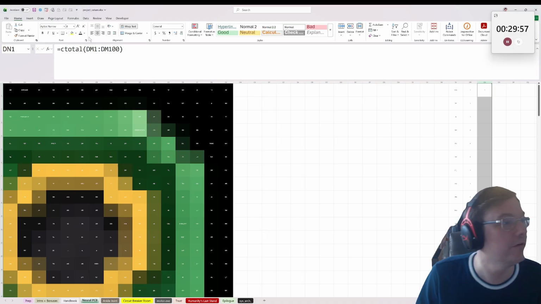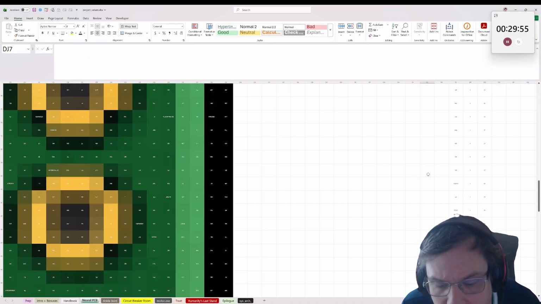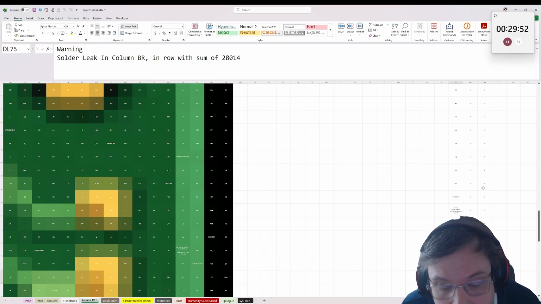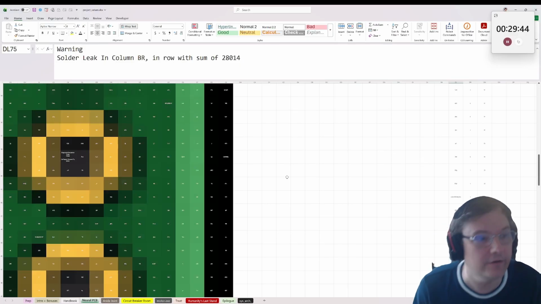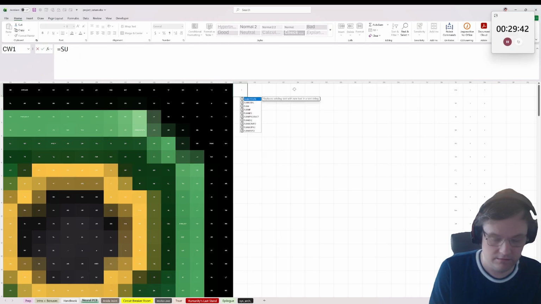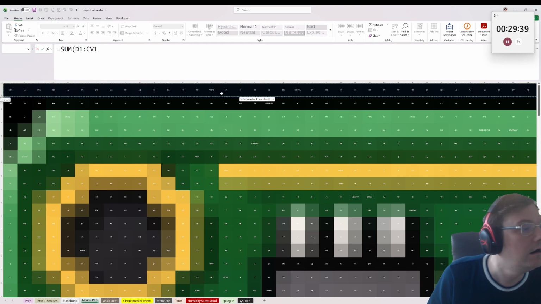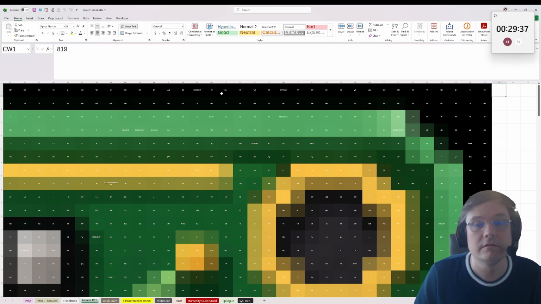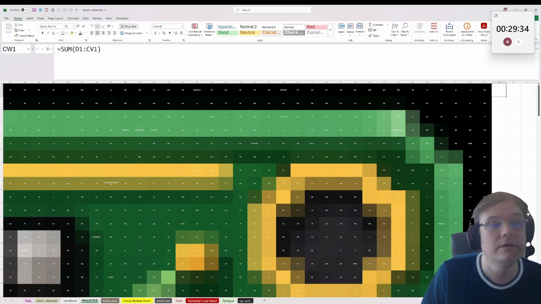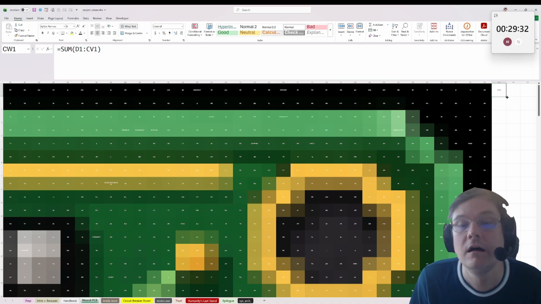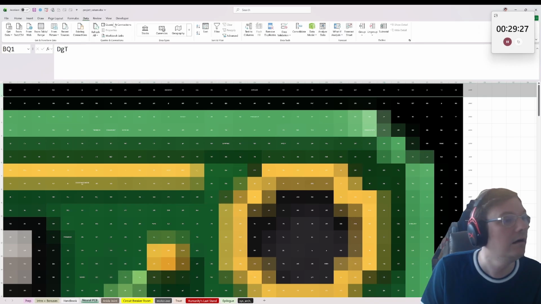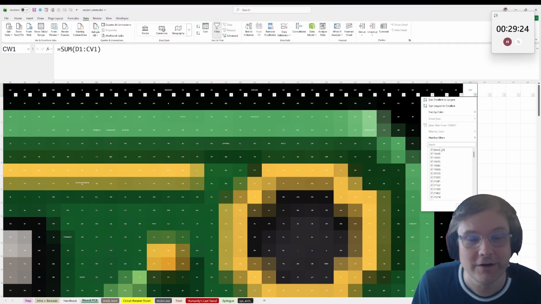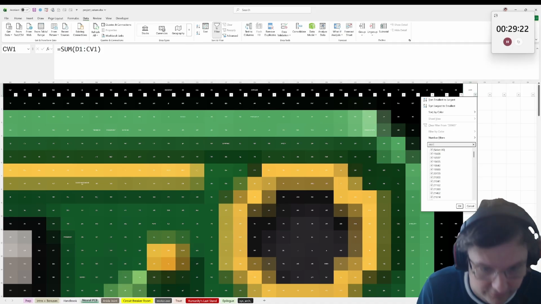If I do the cumulative total of the text cells, solder leak in column BR in row with the sum of 28014. So if I do the one that is 28014, if this scavenger hunt goes somewhere. 28014